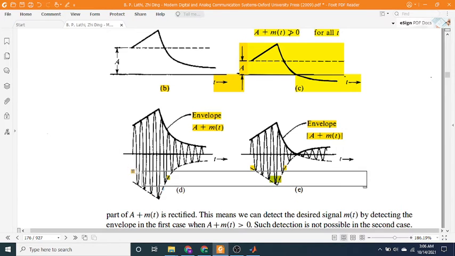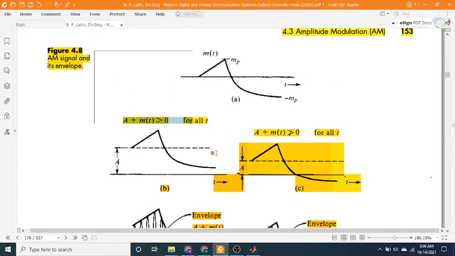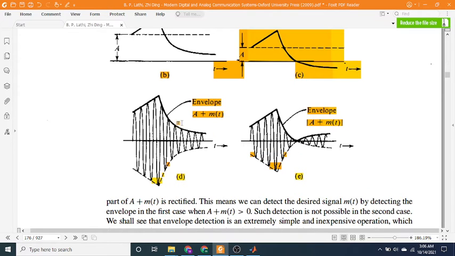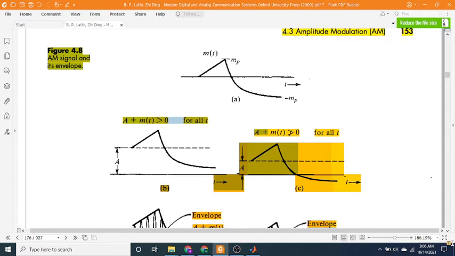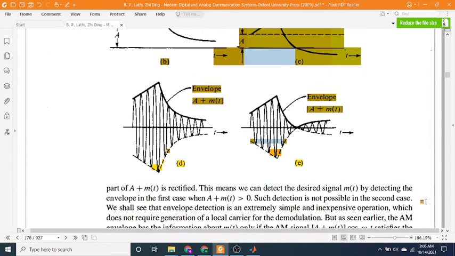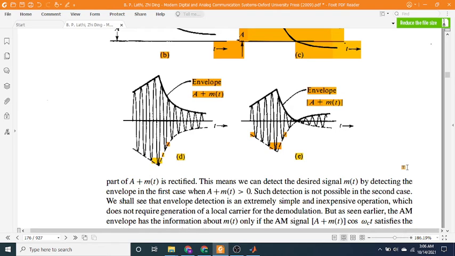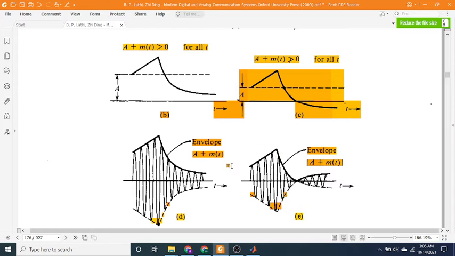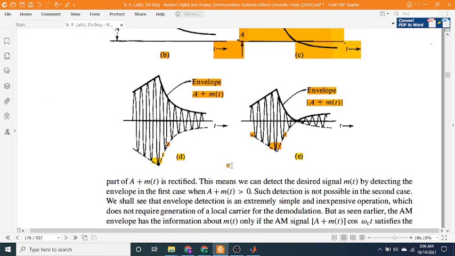I D. Envelope A plus MT I I E envelope IA plus MTI